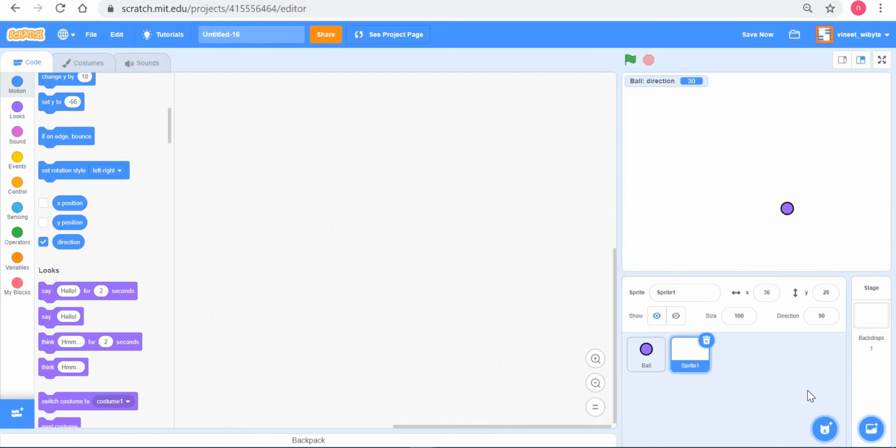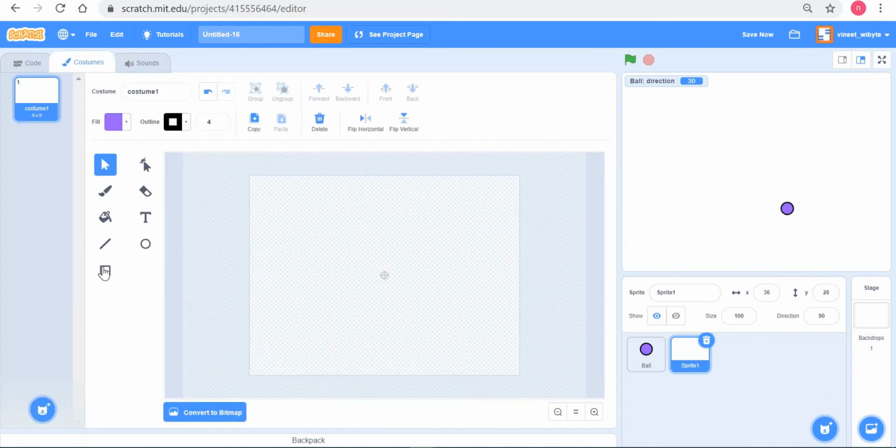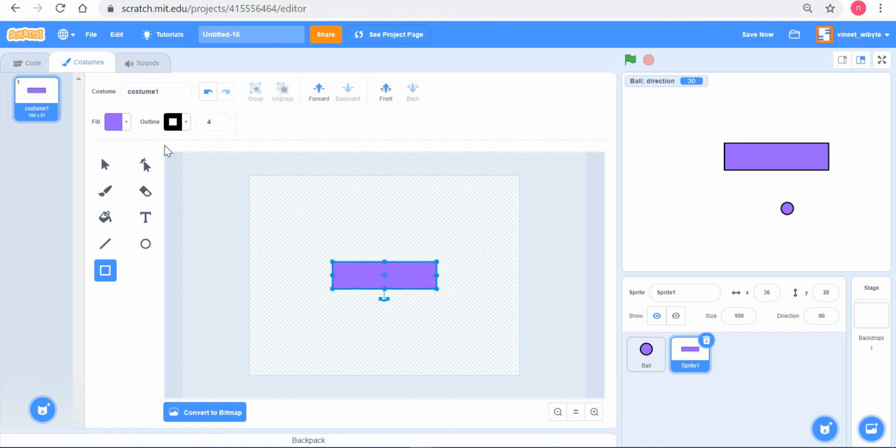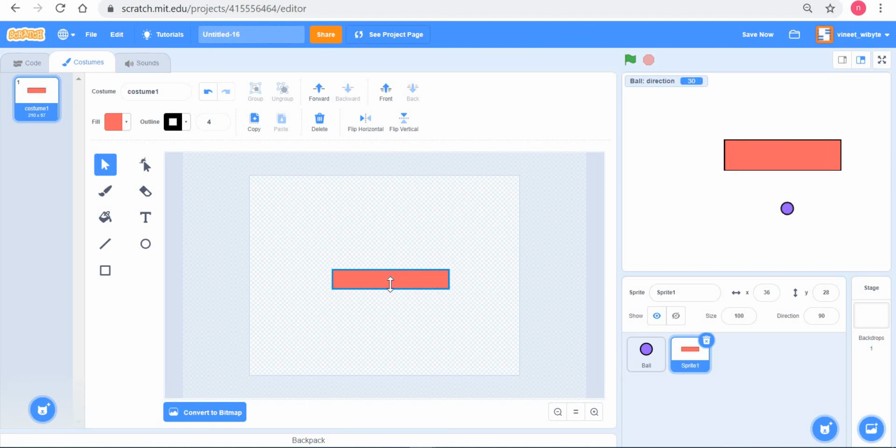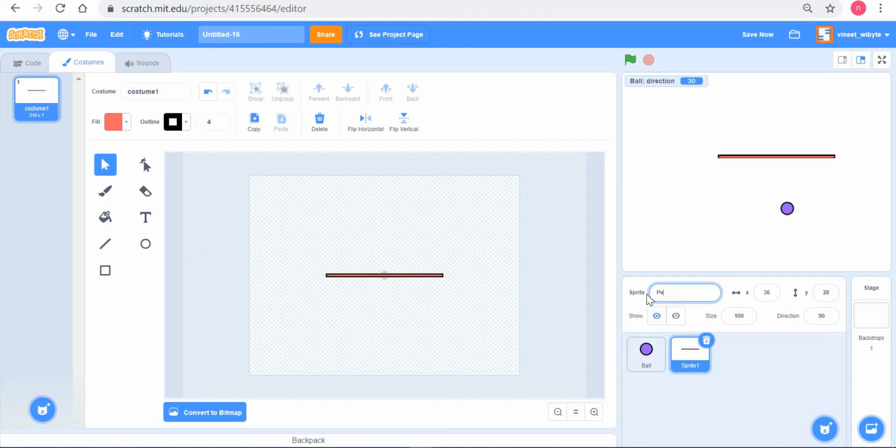All right, let's convince ourselves by creating a new sprite. I'm going to paint a sprite, and this sprite is very simple. Let's say kind of a pedal. It need not be so thick. I'll make the pedal red in color, and I will select this and make it really thin. I move this to the center, and I call it the pedal.